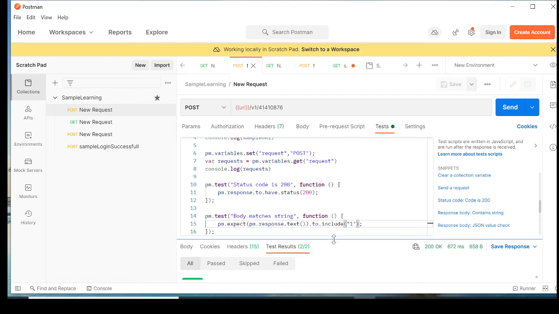ID, name, and some level of stuff you have passed, and you are expecting an account number over there. So you can always have an assertion like this: the account number should be coming in the response body, and you can just pass your account number over here. And this .include is again a JavaScript part, so I don't need to tell you that much. And you can improve your message styling and stuff.